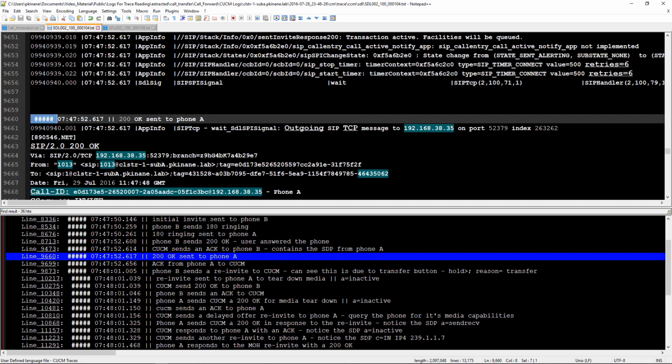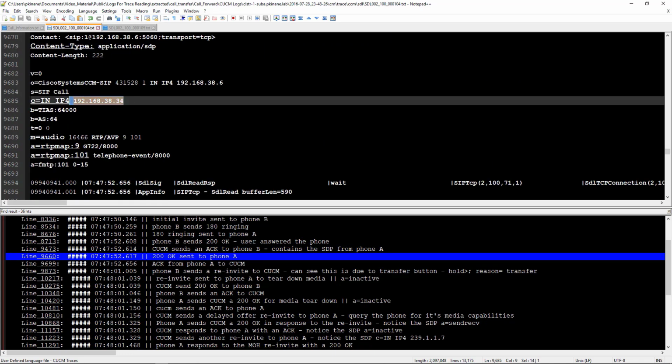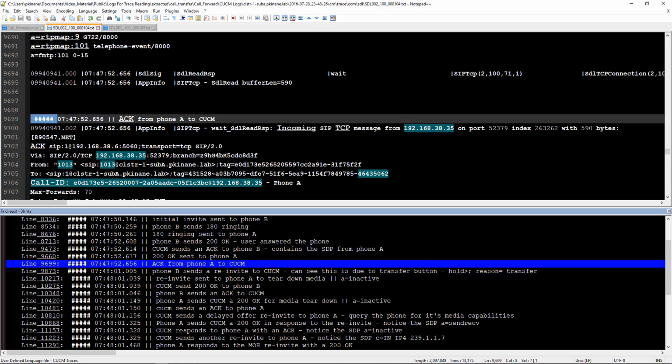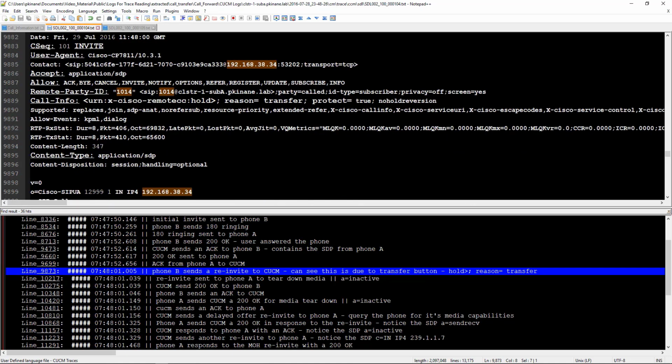CUCM then forwards the 200 OK on to phone A, and it has the SDP for phone B. Phone A sends CUCM an ACK, and the initial call is set up and everything is working there. Phone B now sends a re-invite to CUCM. And if we go down and look in the call info section of the re-invite, we can see that the call is being placed on hold,